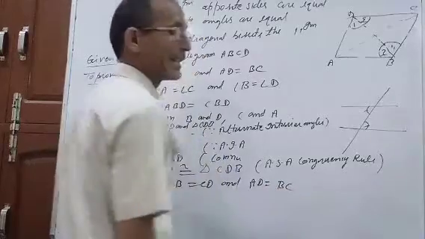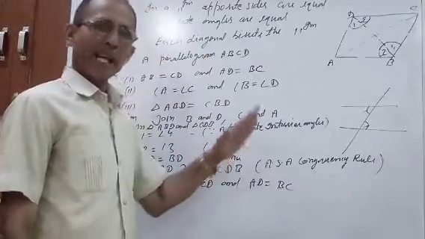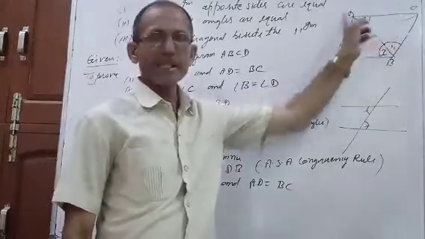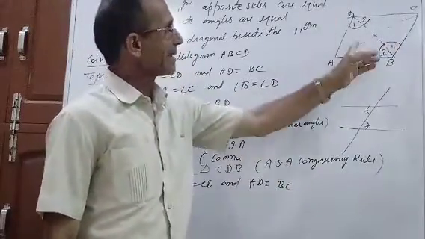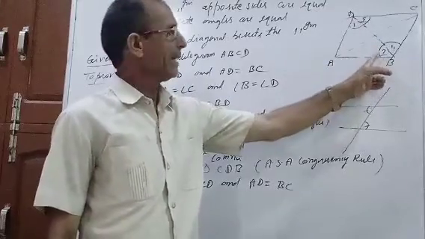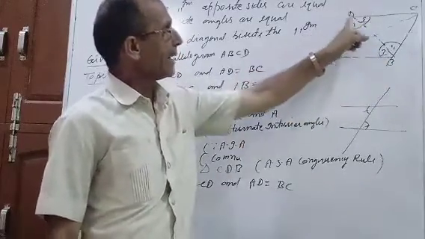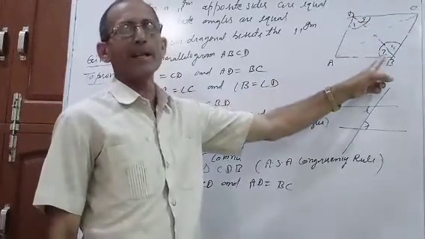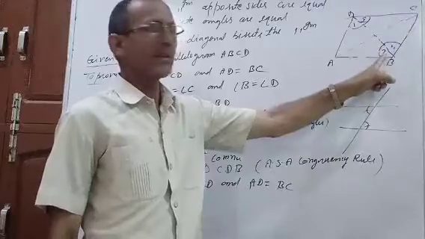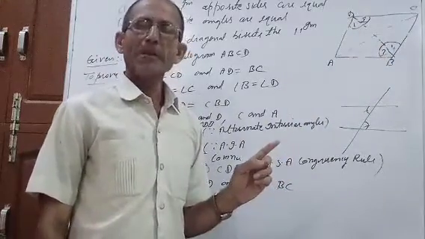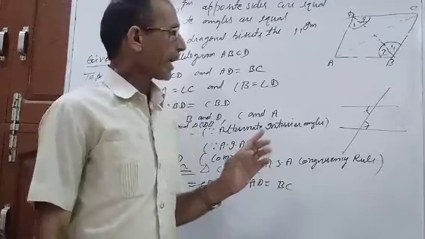I hope you have understood. So once again I am repeating the first part. What is given? A parallelogram ABCD. For this I constructed the diagonal BD. After joining the diagonal, if two parallel lines are intersected by a transversal line, then alternate interior angles are equal. So angle 2 is equal to angle 3 and angle 1 is equal to angle 4. Any doubt, any confusion? Okay.